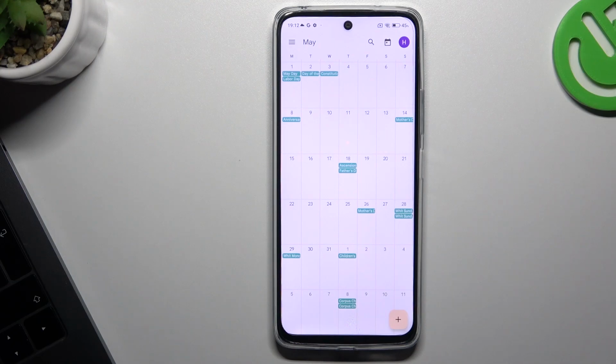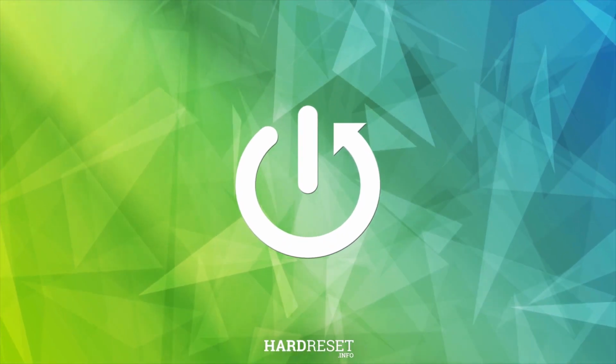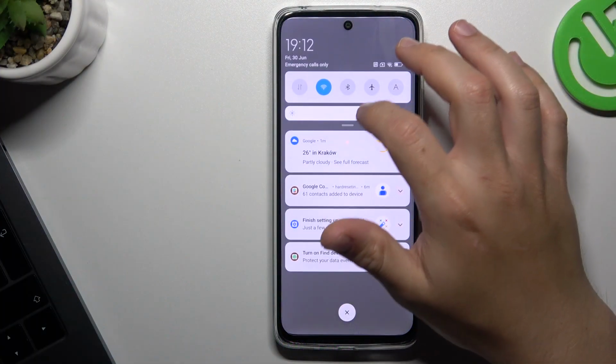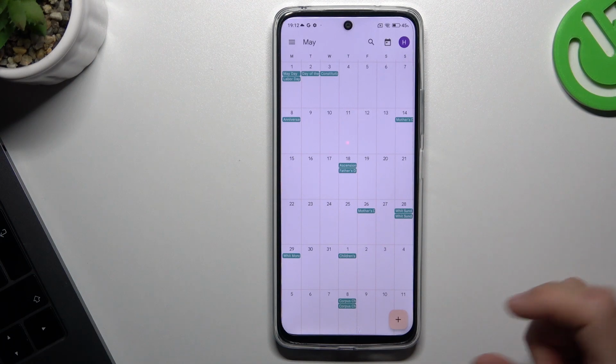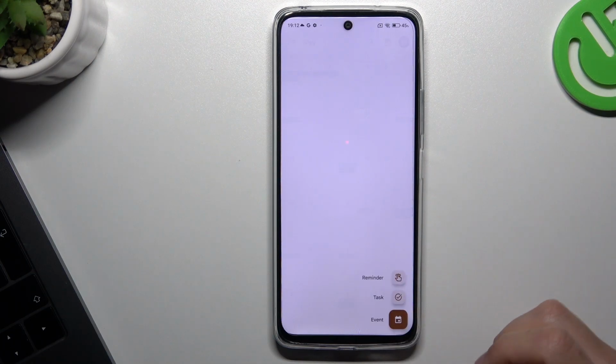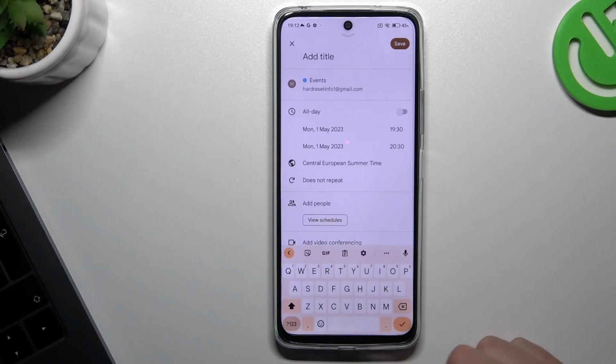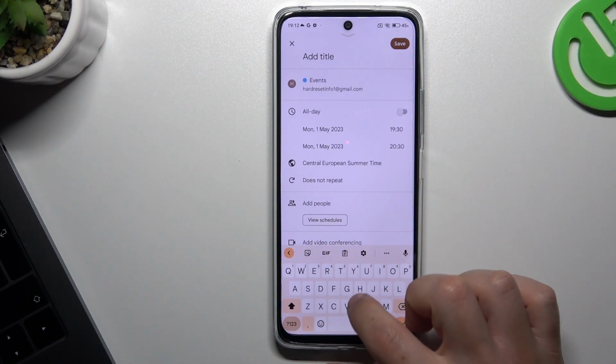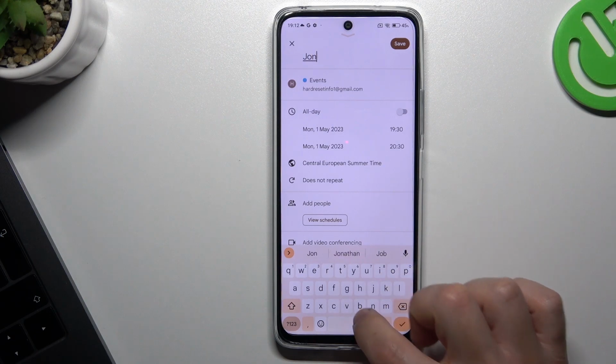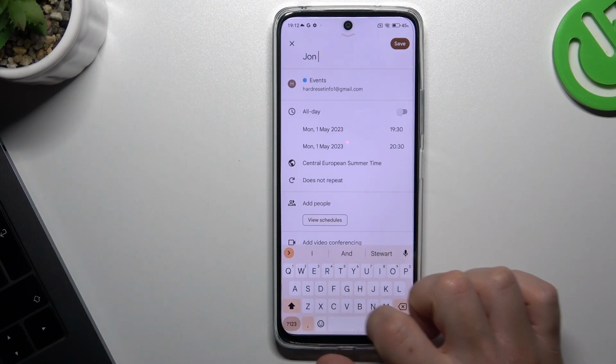Today I'm going to show you how you can add a birthday to the Google Calendar. So we need to start from opening the Google Calendar, of course, and now just click on the plus and decide that you want to make it like an event or just as a reminder. So I'm gonna take the event, and now just type the title for your event,